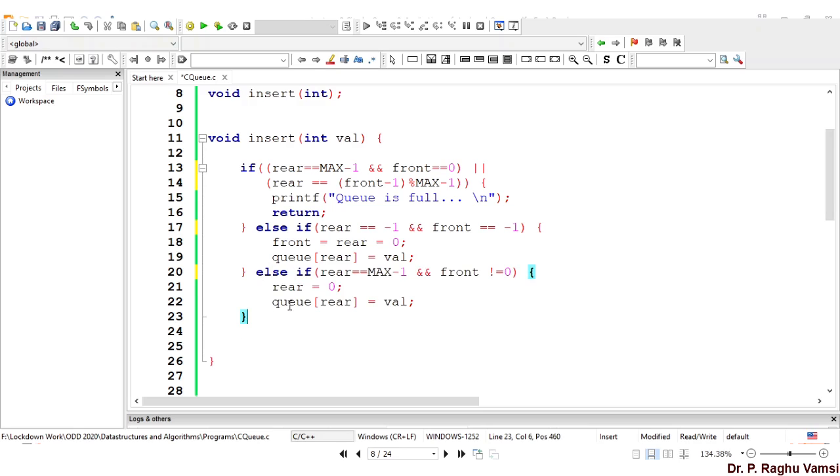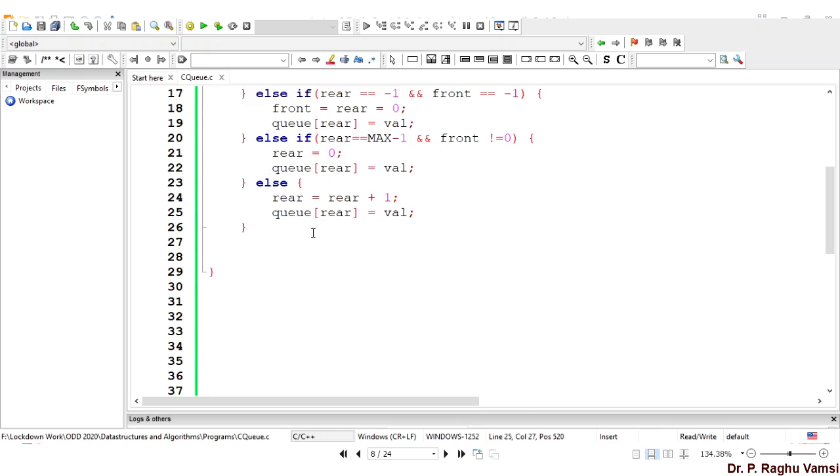If not all these three conditions, then as usual, the general way of inserting: q rear is equal to rear plus 1, q of rear is equal to y. That's all. This is the insertion operation.